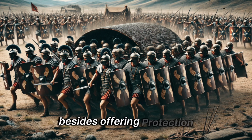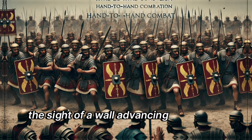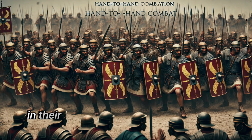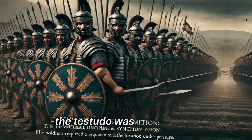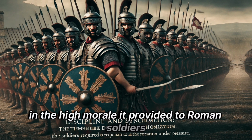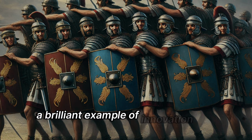Besides offering protection, the testudo also had a powerful psychological effect. For enemies, the sight of a wall advancing inexorably was terrifying. The confidence and determination of the Romans in their formations often led opponents to surrender or flee before direct combat even began. The testudo was not infallible, but its effectiveness and the high morale it provided to Roman soldiers made it a frequently used tactic. The combination of protection and slow, but steady, advancement made the tortoise technique a brilliant example of innovation and discipline